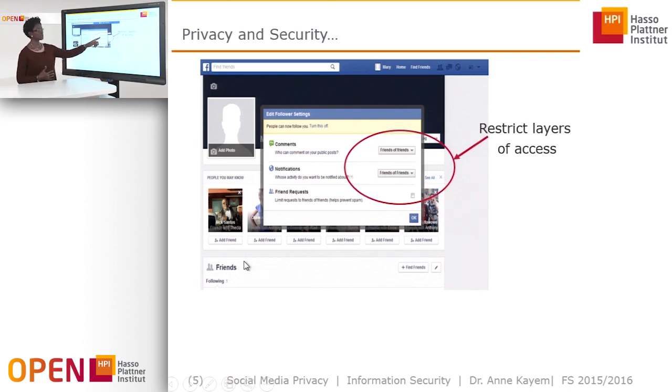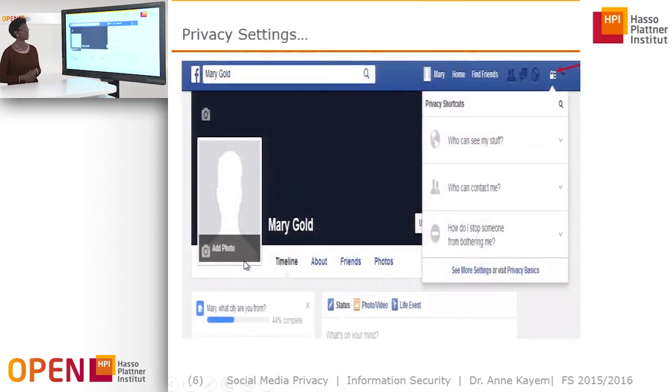But if you allow this to be visible to the friends of your friends, it means that you can have this information be in some way almost public. And you can restrict, for example, comments, notifications, and so on. And Mary Gold can do this and look as though she was some person trying to remain anonymous, but also be able to make friends with other people on the social media platform.